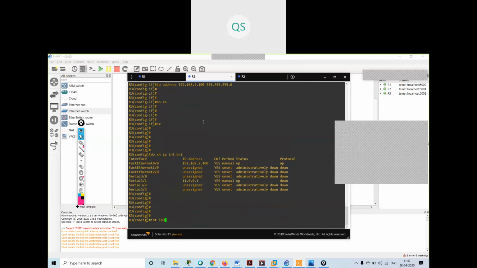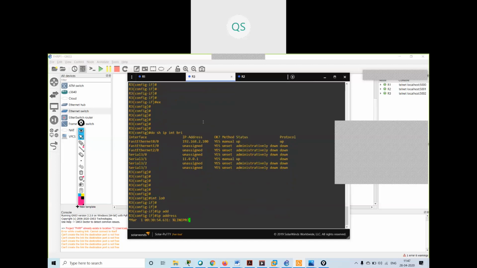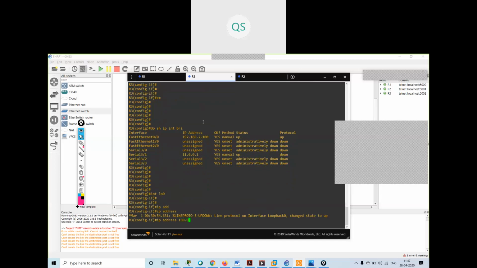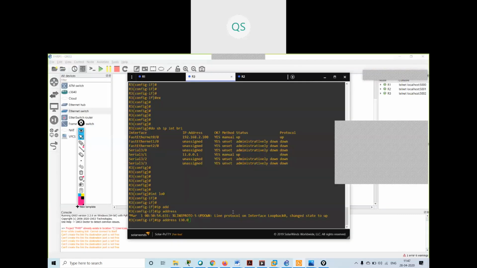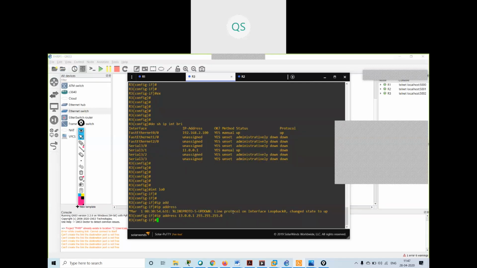Interface loopback 0, IP address 13.0.0.1 /24. Then interface loopback 1.